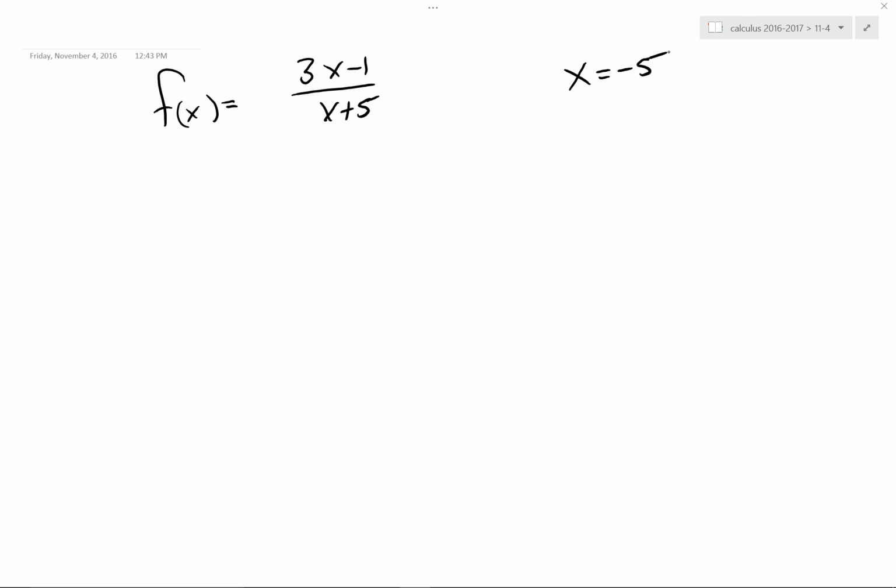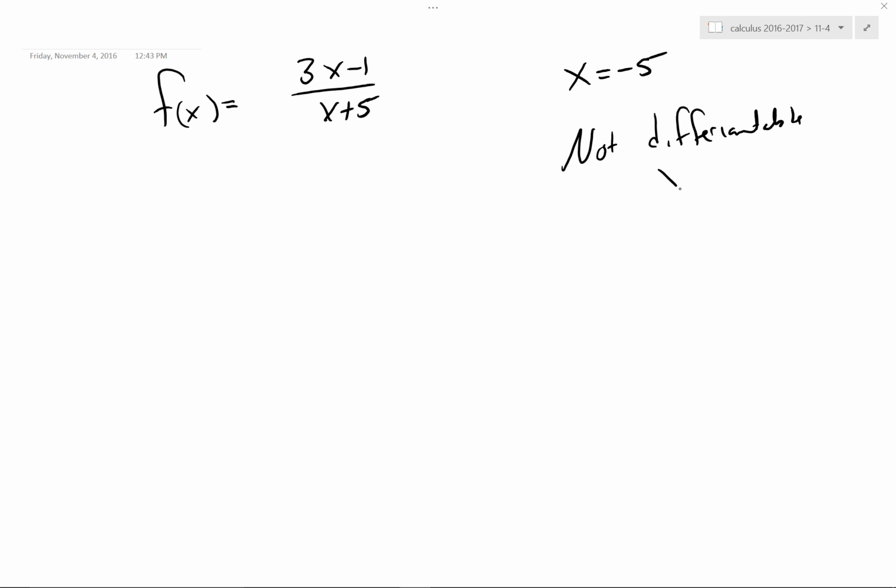Now, what do we know about the derivative at an asymptote? How fast is it, for instance, if it looked like this, how fast is it going up right then? It feels like it's an infinite amount that it's going up fast, yes? If it was like this, you'd be like, well, on one side it's going up, this side it's going down. So the limit wouldn't exist, would it? Right? So in a minute, what we're going to see here is this function is what we say not differentiable